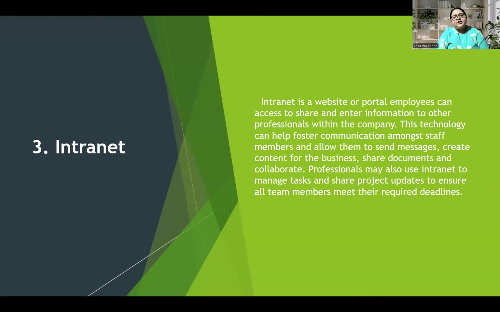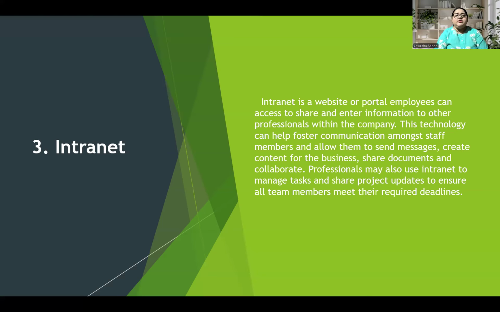Intranet is a website or portal employees can access to share and enter information to other professionals within the company. This technology can help foster communication among staff members and allow them to send messages, create content for the business, share documents and collaborate. Professionals may also use intranet to manage tasks and share project updates to ensure all team members meet their